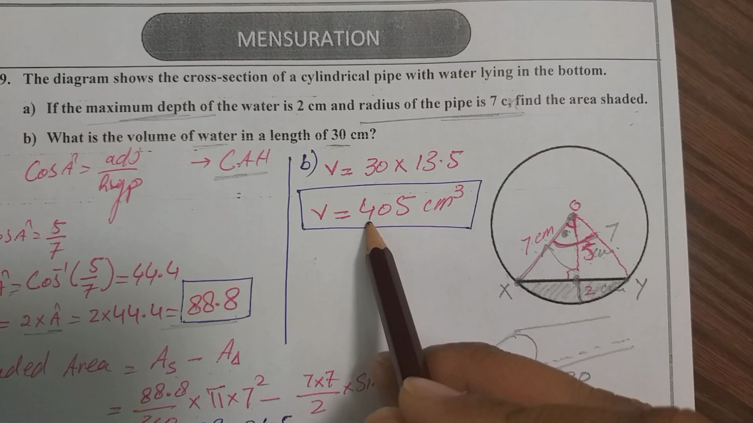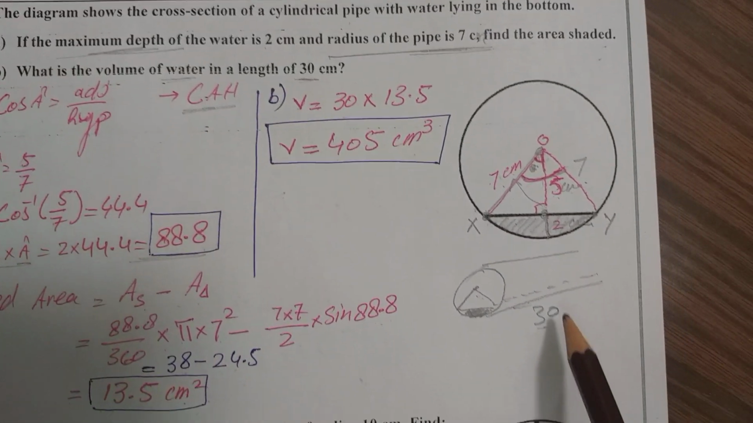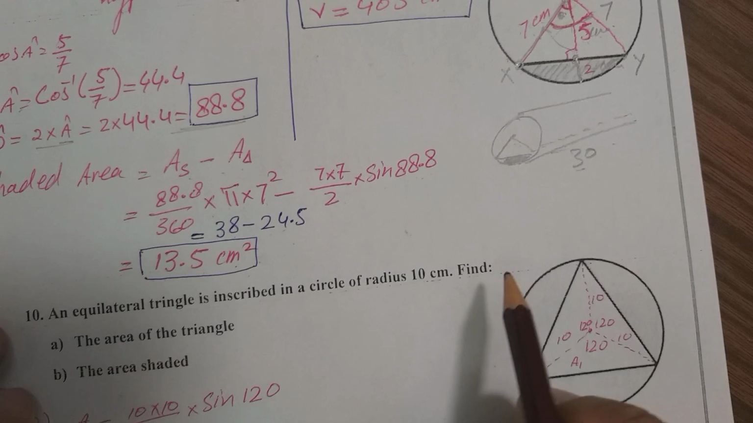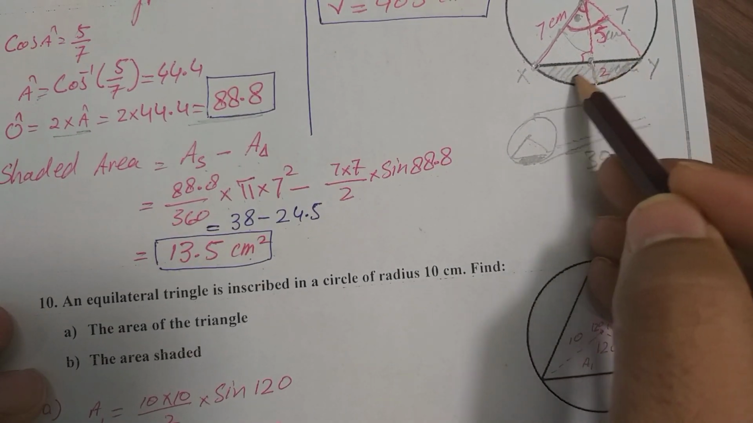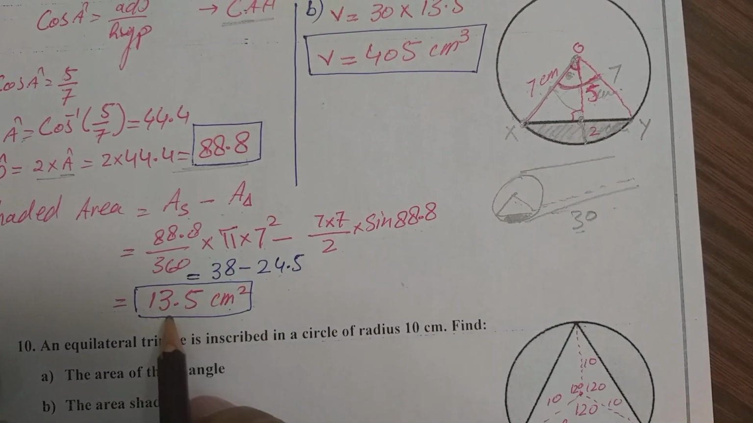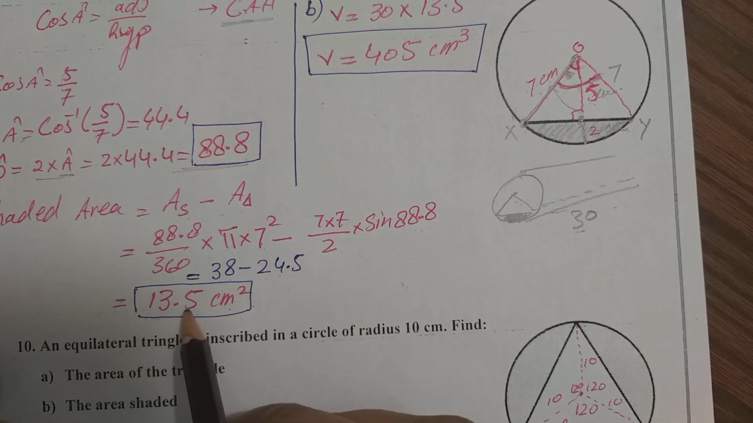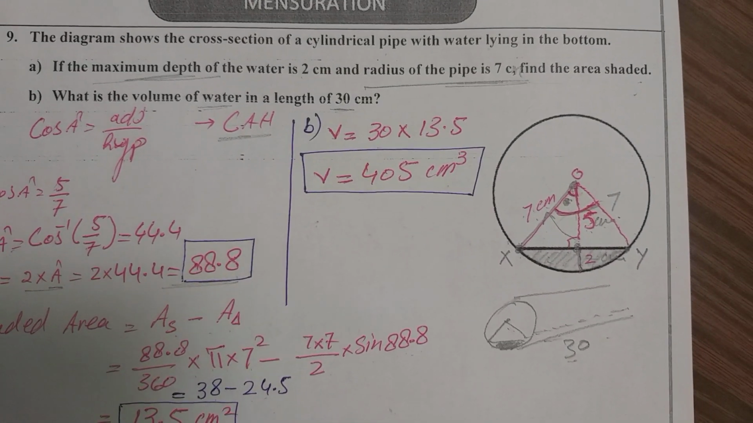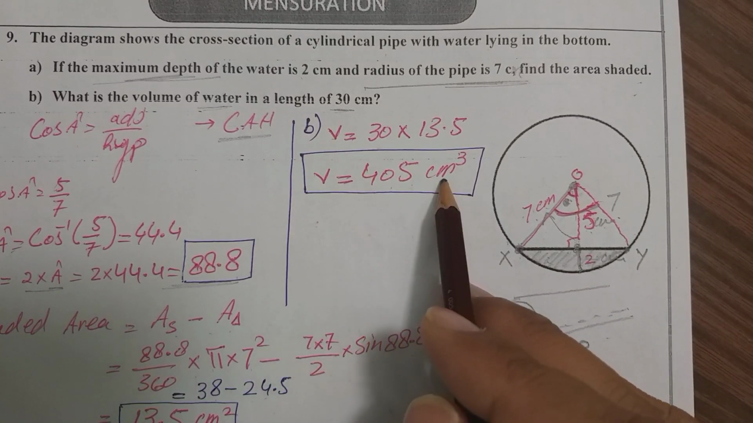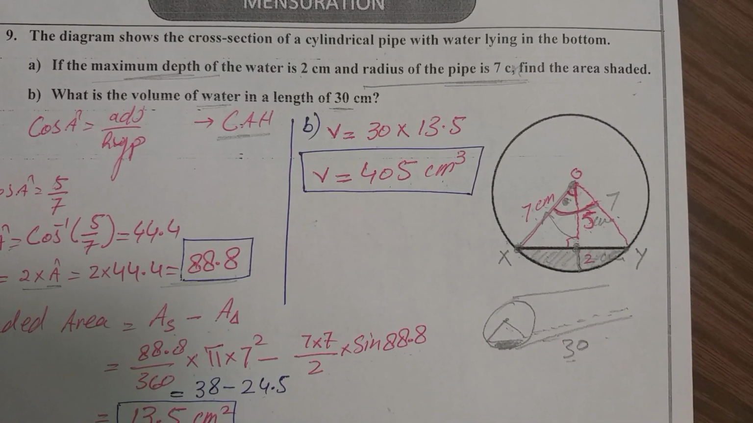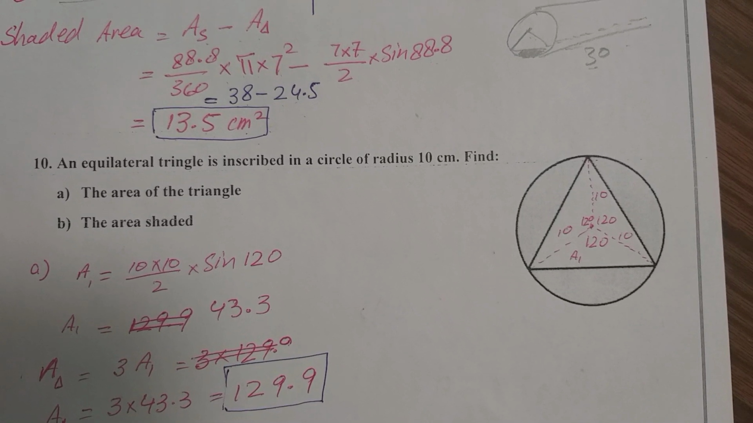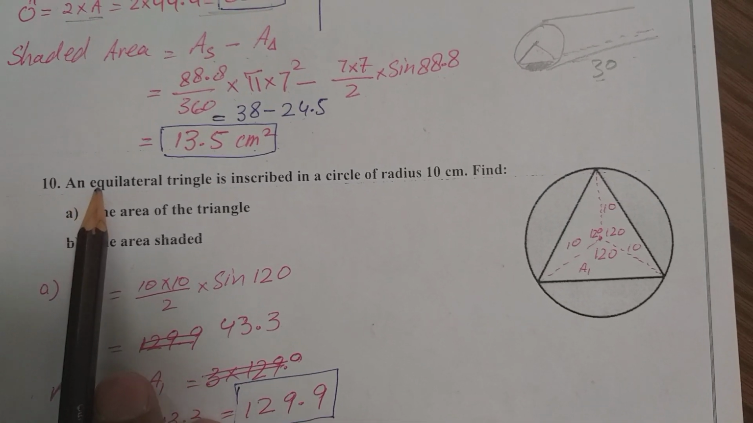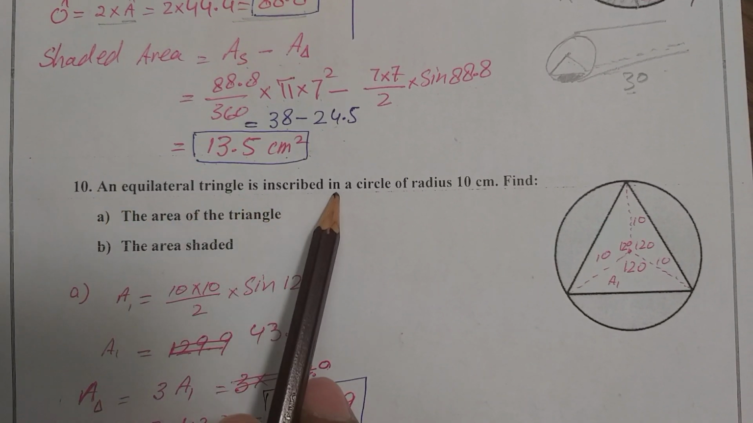So you find 405 cubic centimeters. So it means in this length, if we only look at the front, we can easily see that there is only the area 13.5, but the complete volume occupied by this is 405 cubic centimeter. Question number 10. In question number 10, we are given an equilateral triangle inscribed in a circle